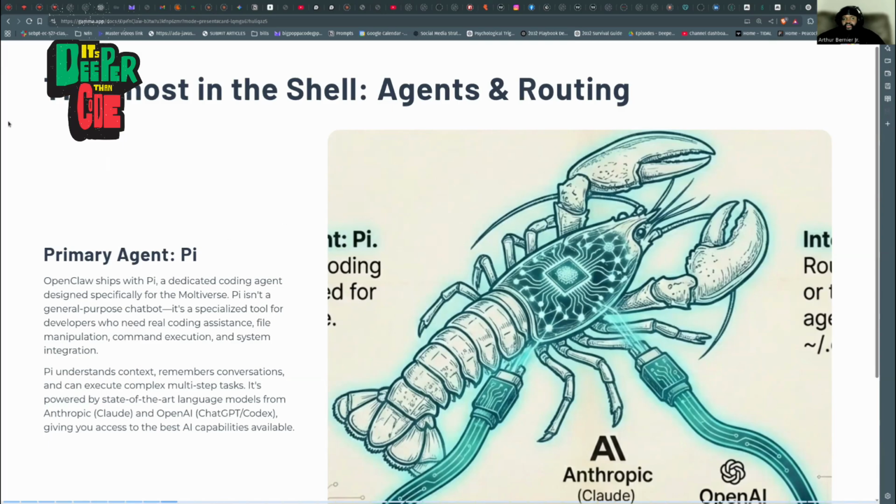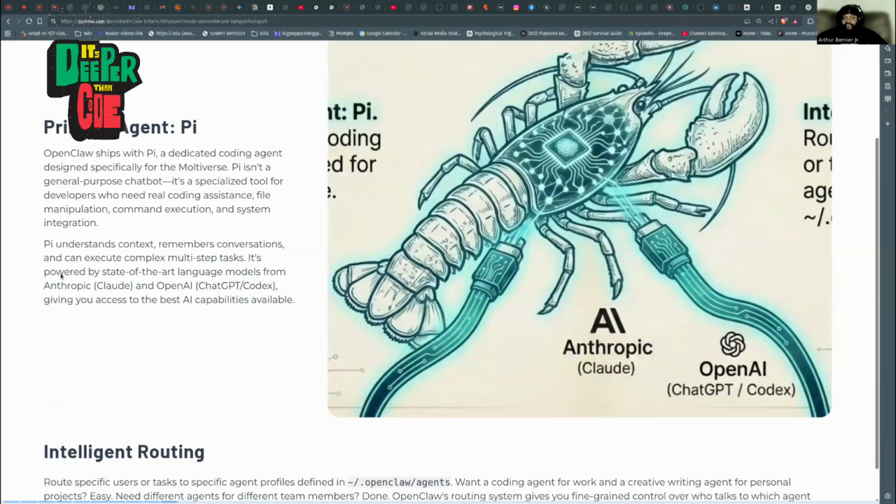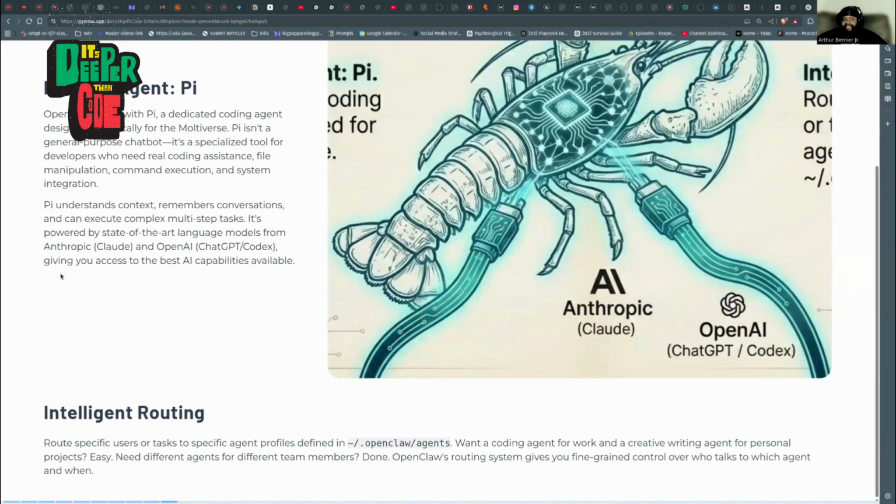Also, the agent, the way that it works is that it is powered by something like Claude from Anthropic, or OpenAI's models, and so you give it access to the model through your API, and then the bot is already pre-configured to be able to plug in with that, and then go do amazing things as a result, right? So that's pretty much all you have to do there. You don't have to really worry too much about what makes that part work, but that's why it can do that.